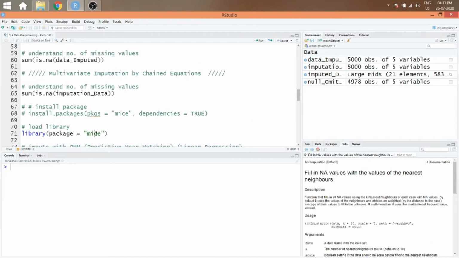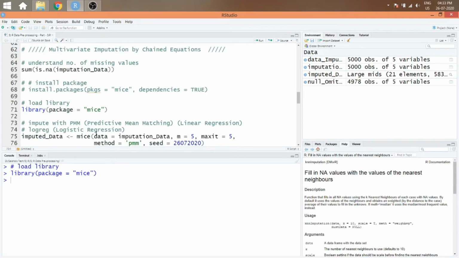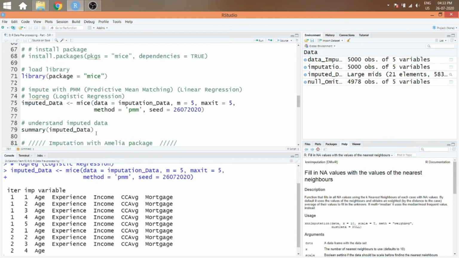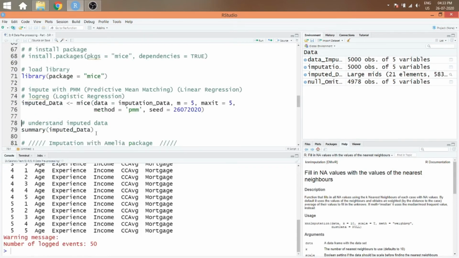Mice imputation, that is multivariate imputation by chained equation. In line 71, we are loading the mice package into R. In line 75, we are considering 5 datasets to be created with 5 as the maximum number of iterations. We have also utilized PMM, predictive mean matching technique for imputation. In other words, linear regression for imputation.